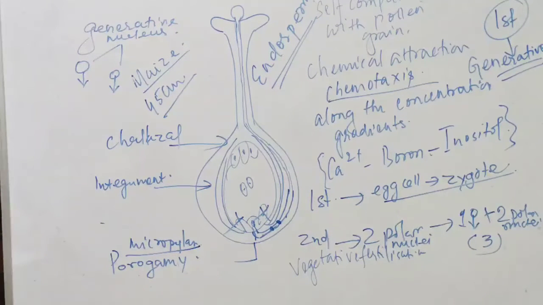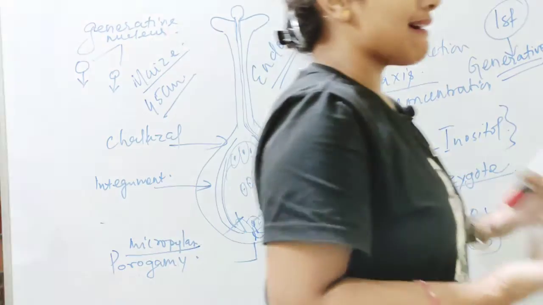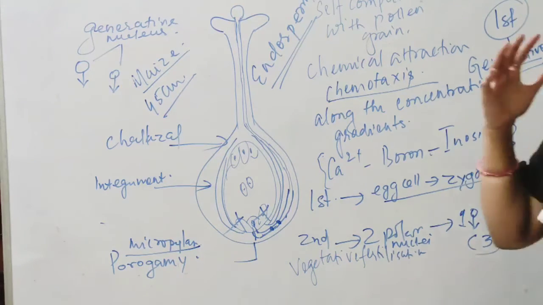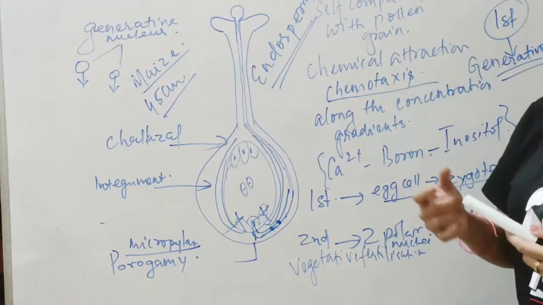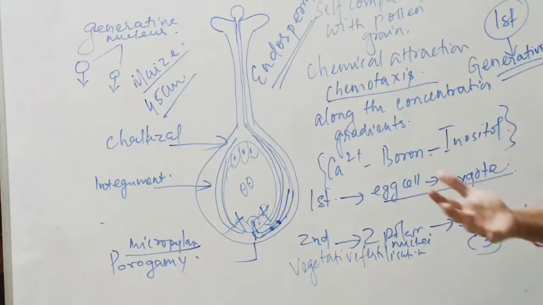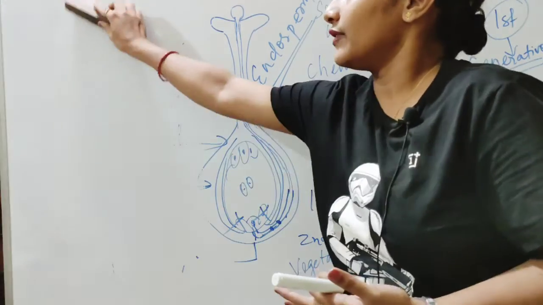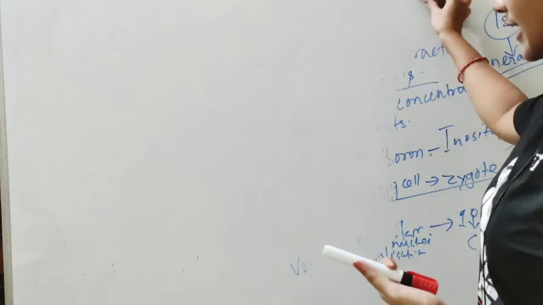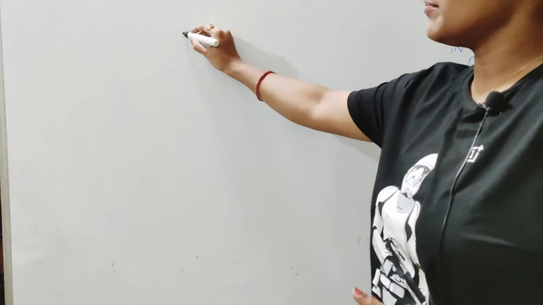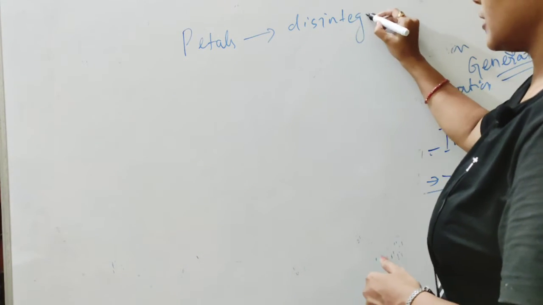Okay, so I hope that with this video you people are pretty clear regarding the basic concept about the androecium structure, the gynoecium structure, then about the double fertilization. And now let me tell you that after fertilization, what changes do we expect? What are the various changes that can be expected to be seen in a flower after this fertilization takes place? So if the fertilization takes place, then after that, first question, what happens to the petals? The petals will disintegrate, no doubt.